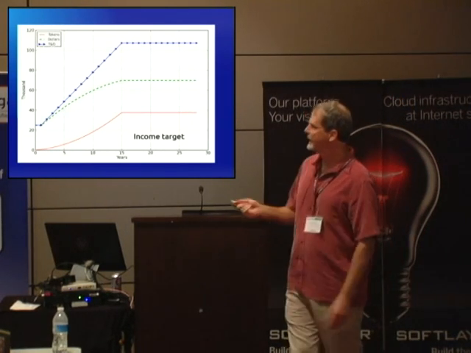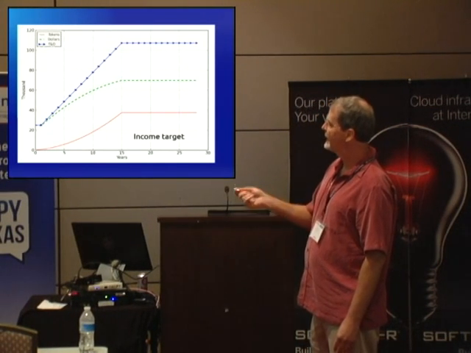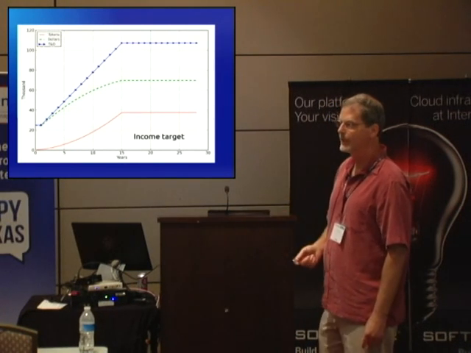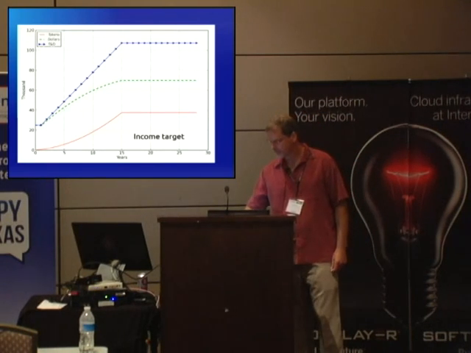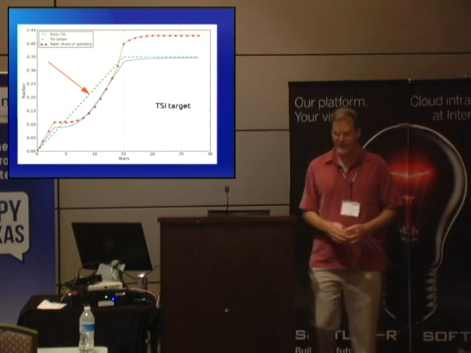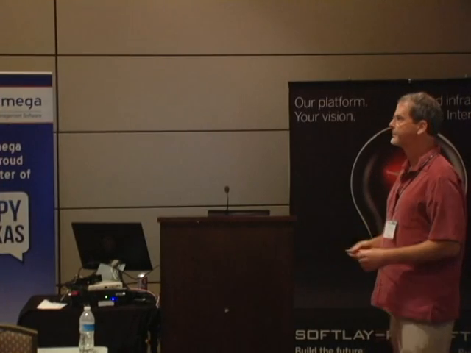The upper line is tokens and dollars, the lower red line is tokens, and the green line is dollars. You can see too that the simulation period is 28 years, and by the end, tokens make up about 35% or so of the total amount of money in this local economy. This graph shows more clearly what that TSI target is. That's this dotted green line. It starts at 0, that is, at the beginning, everything is dollars, and then slowly tokens are introduced, and by year 15 or so, it reaches its maximum of about 35% tokens.